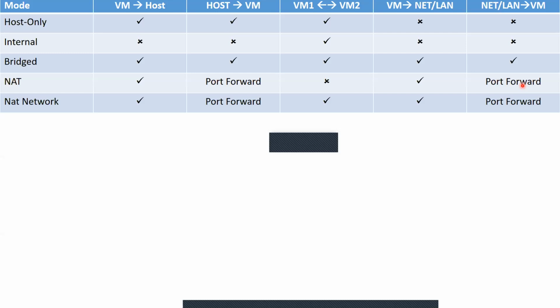And finally, you have NAT network here. In this NAT network, we have communication between virtual machine to host and host to virtual machine, and along with that, virtual machine to virtual machine, everything is possible.